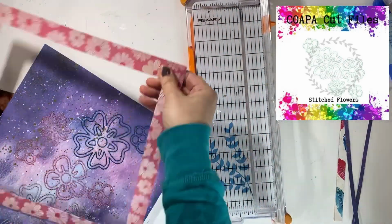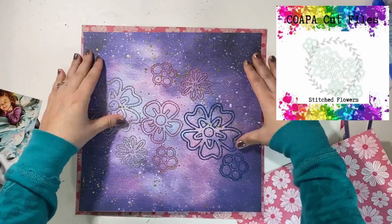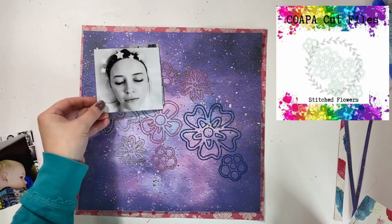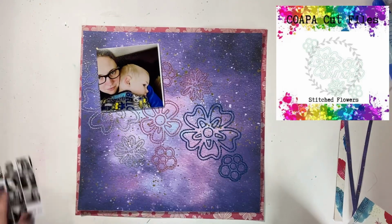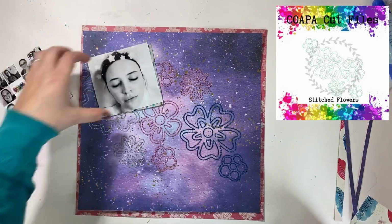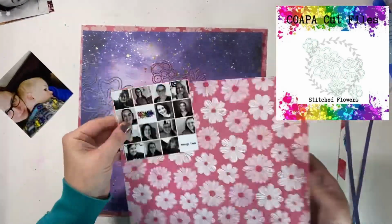And so it kind of lent itself to creating a little bit more of a girlier layout than maybe using the one of Barrett cuddling with me. I definitely could have made that work. I was kind of playing with my photos, trying to decide. In the end, however, I decided I should really document that I am on the Confessions of a Paper Addict